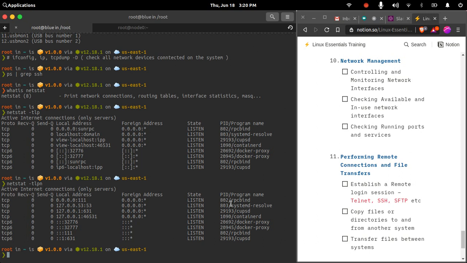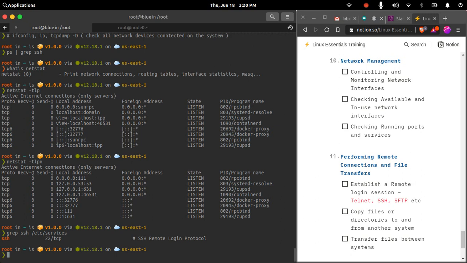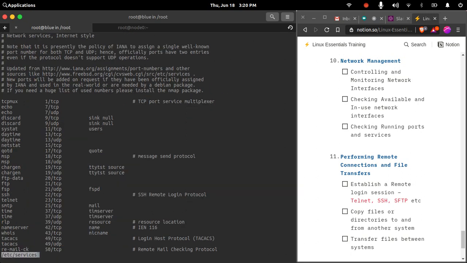So let's say if I want to check for SSH, SSH by default runs on port 22, and it is dedicated to SSH by default. You can check the available port numbers for services in the /etc/services file. It is documented in every Linux operating system. This /etc/services file will contain all the port numbers that are default for different services. So this is a most frequently asked question in interviews as well. What is the port number for SSH? So here it is a good reference for you to check what the default port number is for different services.